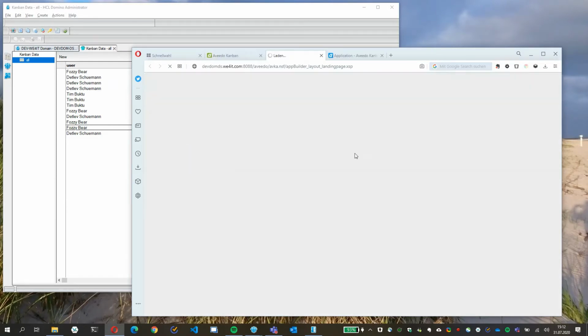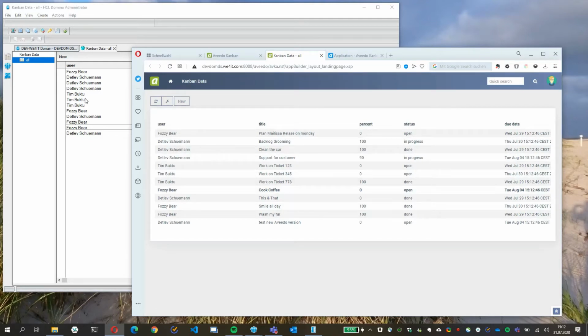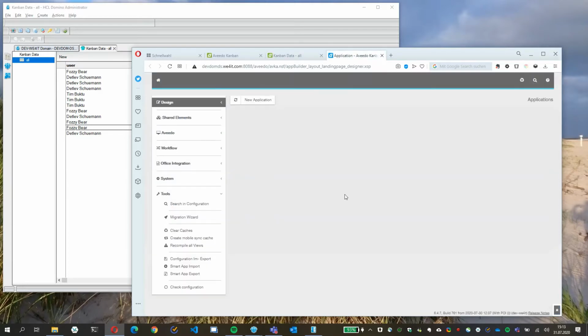I open it, and every document I have here in my notes database is now displayed here in my Aveedo application. These of course are the same documents because Aveedo is just a user interface for existing notes databases. So what we see here is a regular notes view, but what we want to have is a Kanban view. Therefore we go back to the Aveedo designer,